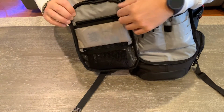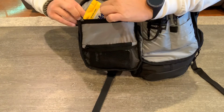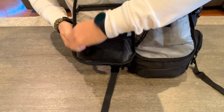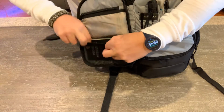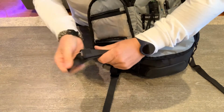And then on this side, this little zipper pouch, I have some wipes. Really, that's it. I just want quick access to some wipes. And then in here, I have a notebook, which is right there for notes and stuff like that. That should come up. And then I have this little,